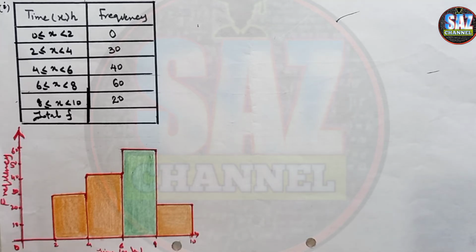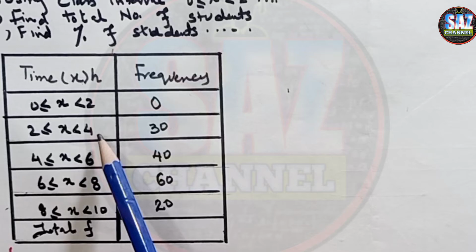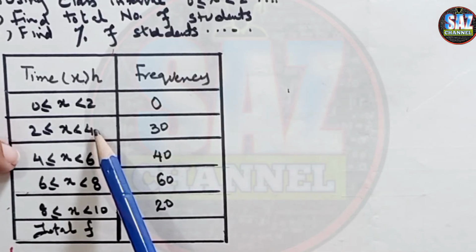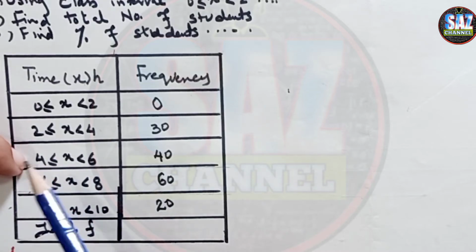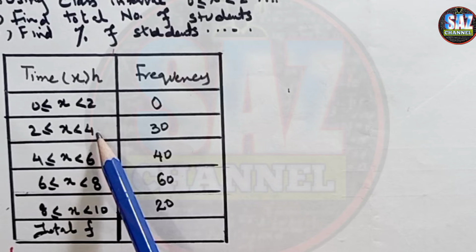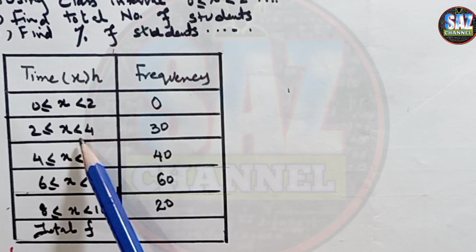And then the frequency table is done, and then the question says state the number of students who spent more than or equal to 4, but less than 6 hours. Okay, now look, if we look at the table, we can see that 4 is coming at this place and 4 is coming at this place. Try to understand the meaning of inequality conditions. But here, if you look at 4, there is no line drawn under 4. That means that 4 is not included at this place.